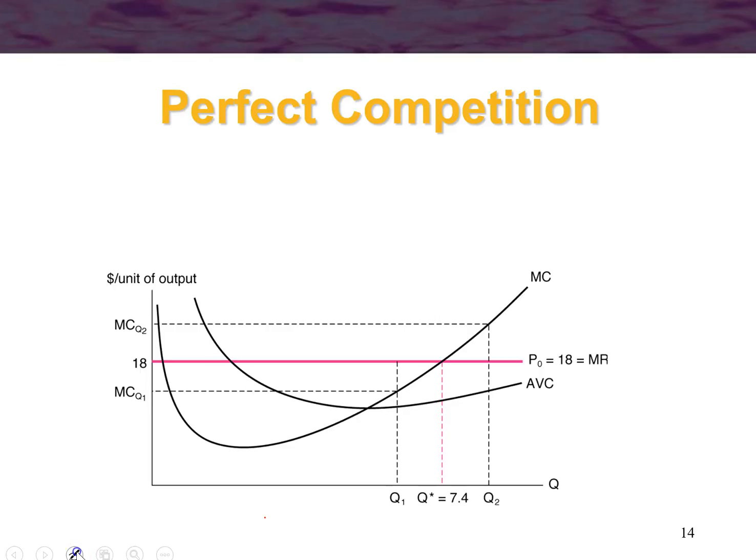Now go back to here. What we're going to be doing is we're looking at a marginal cost curve. Here we have an average variable cost curve. What you don't see here is the ATC. That's important too. But what we're going to be doing is think about the marginal cost as the firm's supply curve. So here's supply, and the demand curve here is flat. So as you know, supply equals demand, that shows you equilibrium quantity, or it just shows you what this firm will produce. And you can see it's going to be producing 7.4 units.